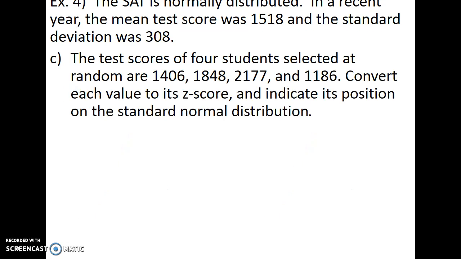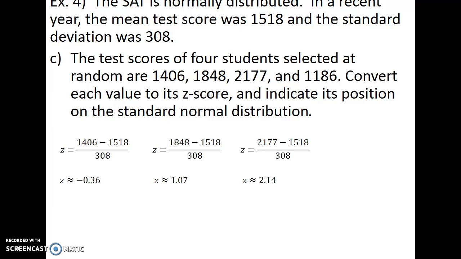For this problem, we're now going to take some student scores and change them into z-scores. We want to put them on the standard normal curve. So I'm going to take the 1406, subtract the mean, and divide by 308. That value has a z-score of -0.36. It's below the mean by 0.36 standard deviations. If I do the same thing for 1848, the 2177, and the 1186, you can see all their